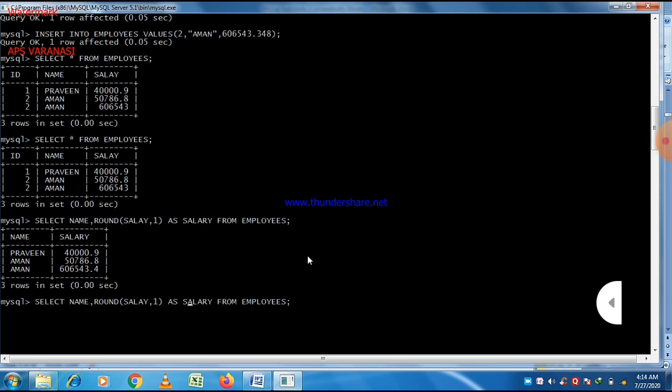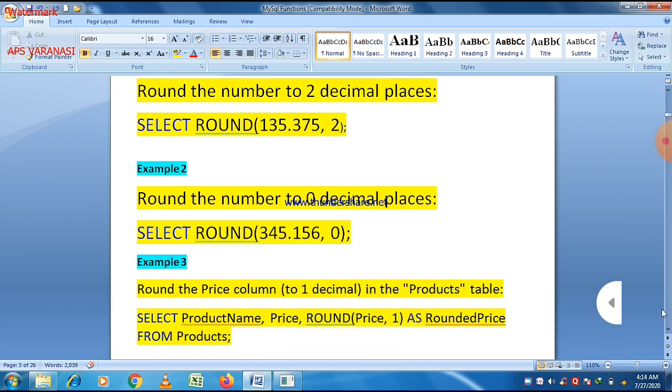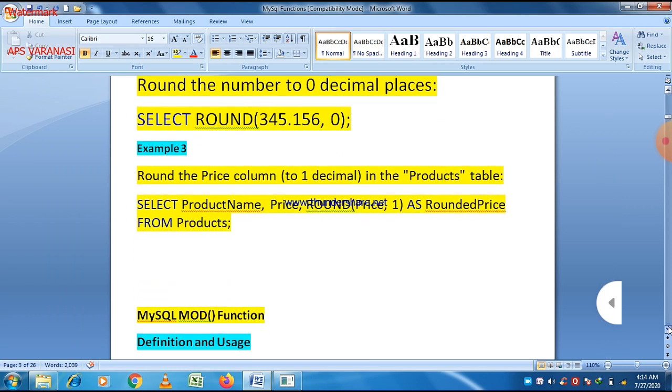And if you don't want both column names to be the same, because sometimes that is confusing, just give it a second name, new underscore salary. Now we can see that new_salary is the name of the column. So basically, after as, we get a new column name.